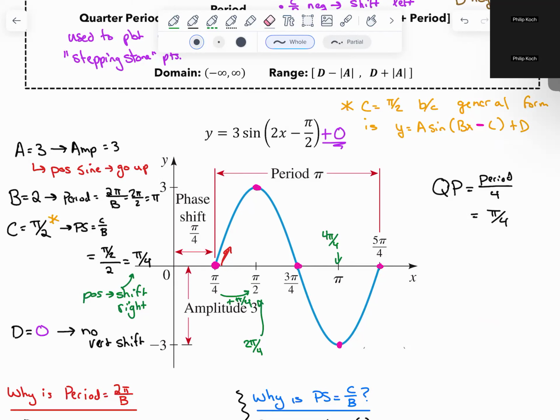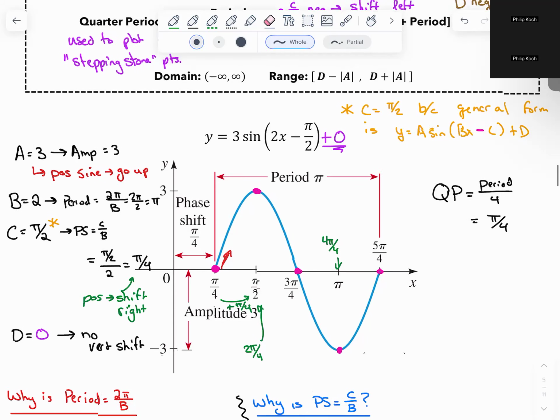Amaya, you had a question? Or no? Brian. So the quarter period is mostly used just to give us guidance. Yes. Brian asked an excellent question. He was saying the quarter period is not any definition in the textbook. It's mainly a nifty trick that I've learned throughout my experience in mathematics to help me draw these graphs very quickly. The quarter period helps us find the key points where the stepping stones happen, instead of having to plug in pi over 6 and figure out what that would be, and pi over 3, and then plug those numbers in. It would just be awful.